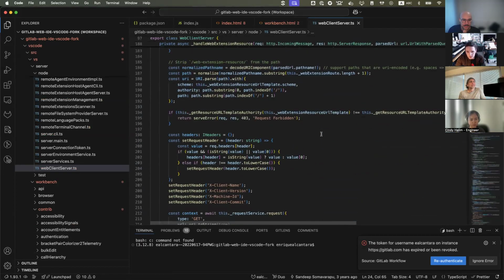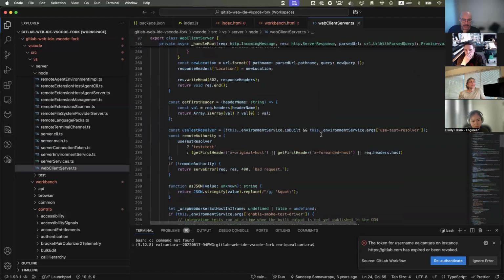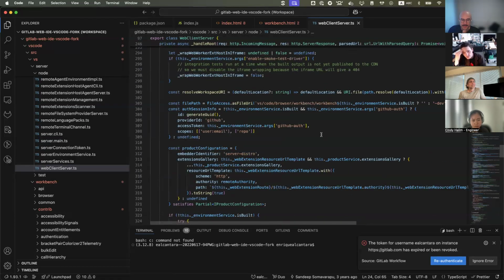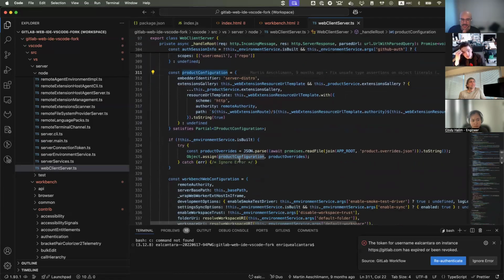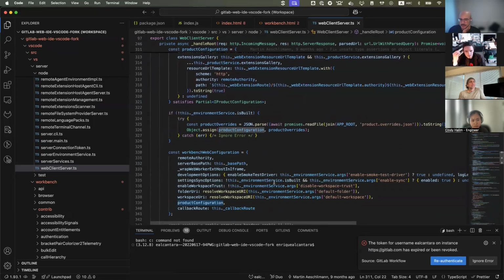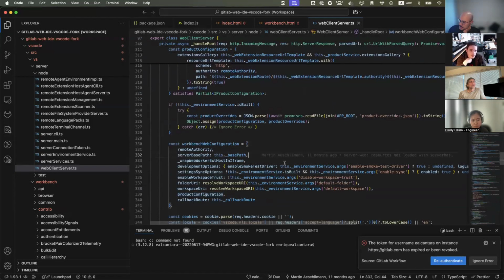And the workbench configuration and the product configuration, all of this is built and injected here. Right. So if we're talking about customizing this workbench HTML,